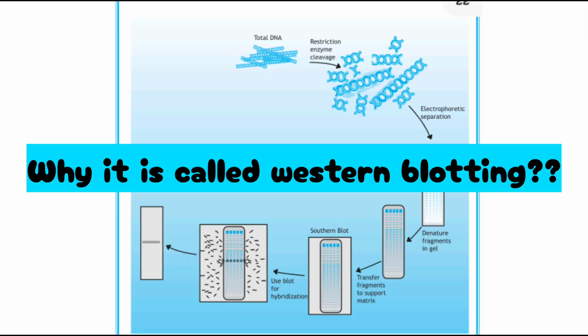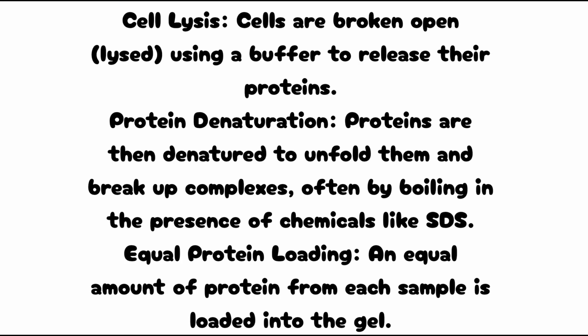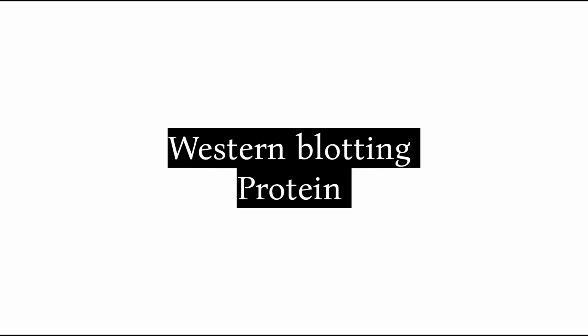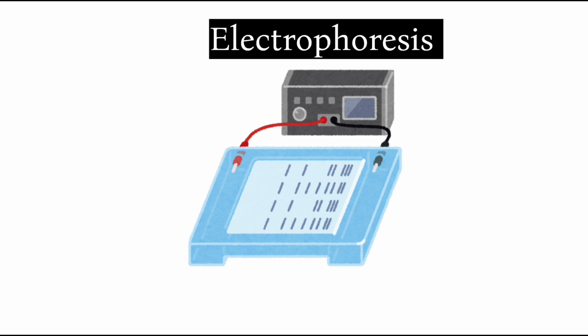The name comes from an analogy with Southern blotting, used to detect DNA, and it was developed by Edwin Southern. So later the technique was named according to Southern blotting, which was used to detect DNA, whereas Northern blotting is used to detect RNA, whereas Western blotting is used to detect proteins. So it combined two things. Western blotting separates the proteins by electrophoresis and by antibodies it